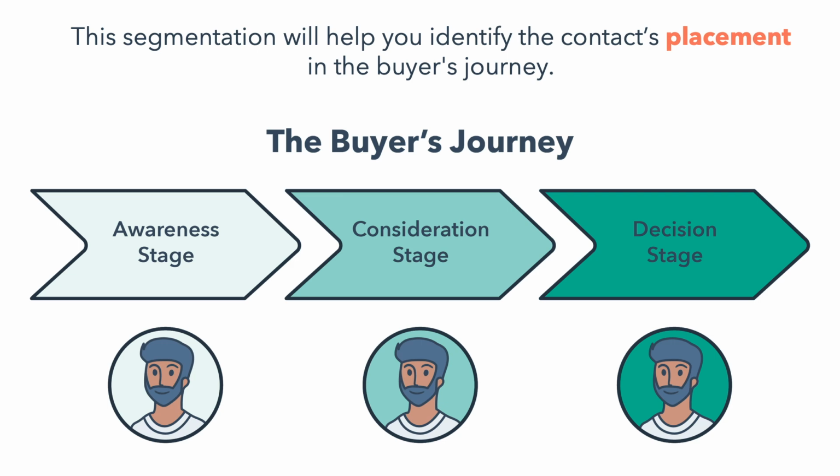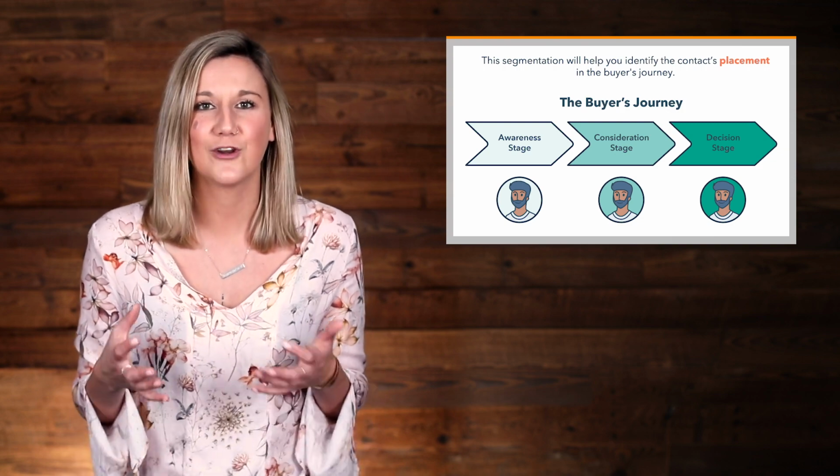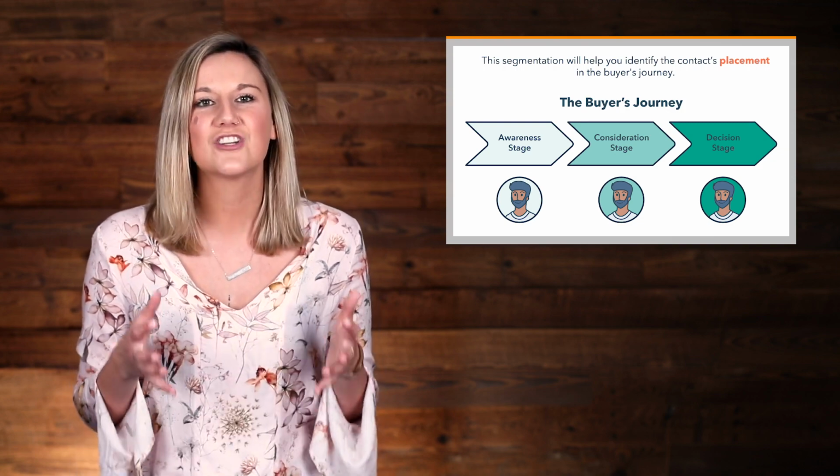This segmentation will help you identify the contact's placement in the buyer's journey. This is where you analyze the types of content they're interacting with and match them with the 3 stages of the buyer's journey: awareness, consideration, or decision stages, to create specific segments around those content pieces. Collecting this information will give you a starting point when creating most of your segments, which leads us to our last best practice: